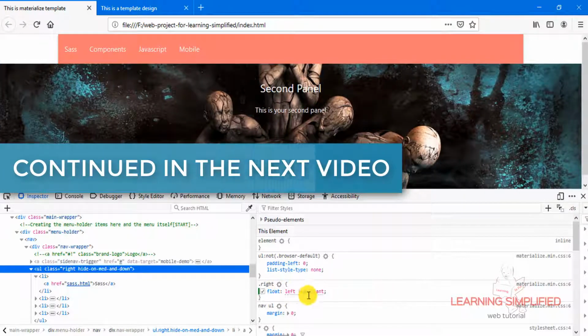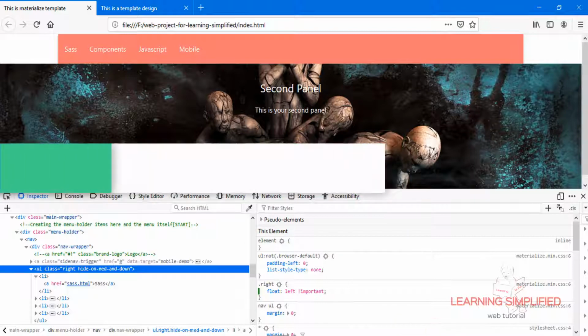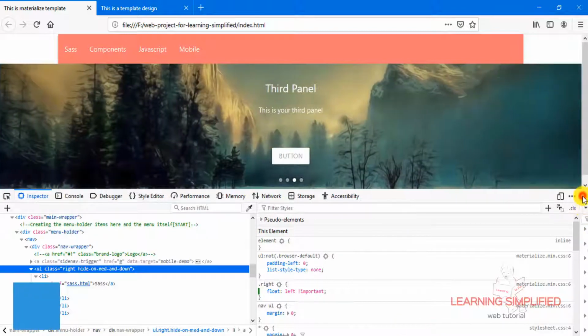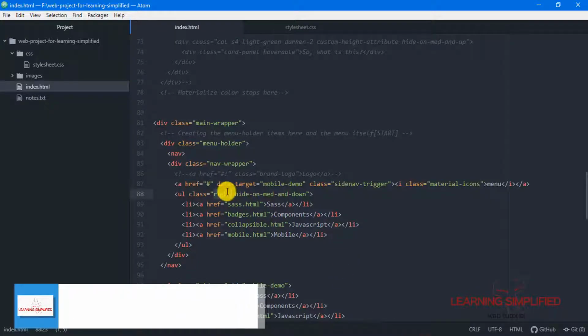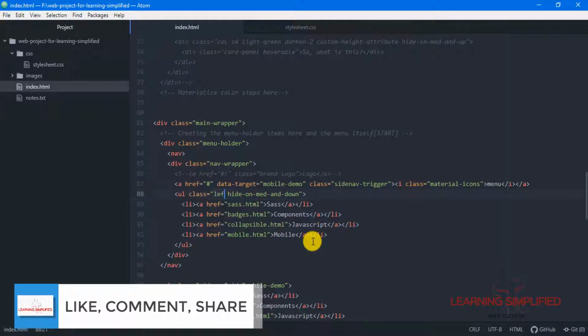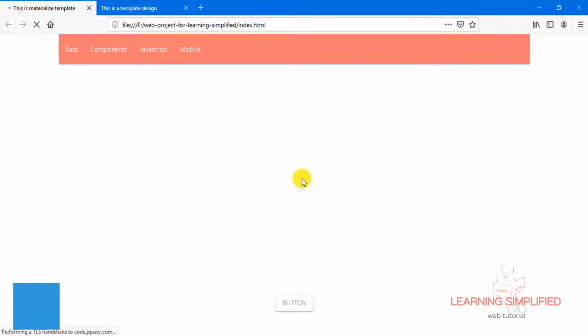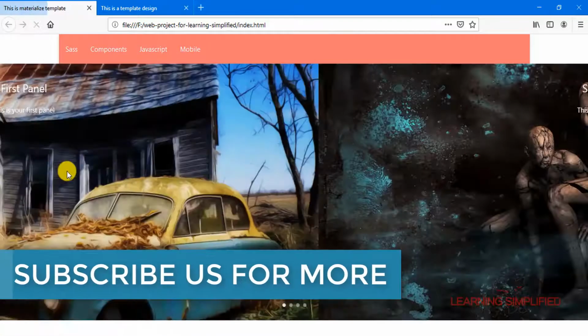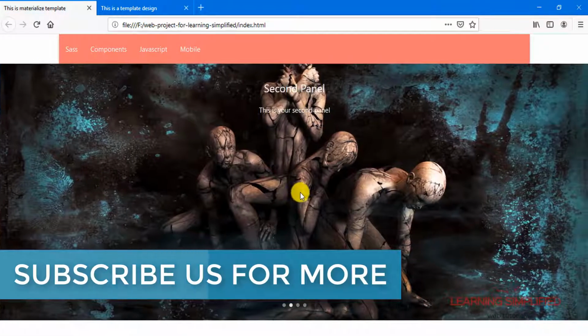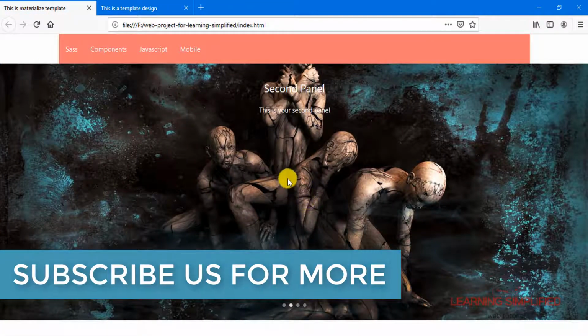So instead of making it float left, first of all, close this code inspector panel, get back to your project, and instead of right, put here this class left and reload. Now you can see that it is now left aligned and everything is back in its order. Now the second thing is,